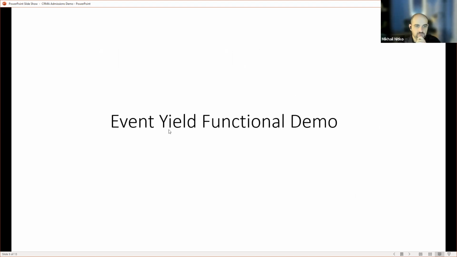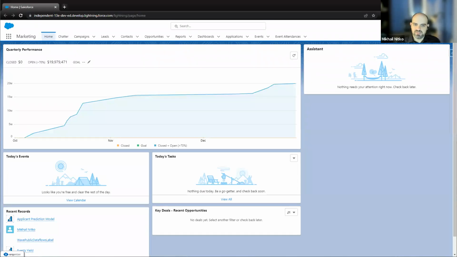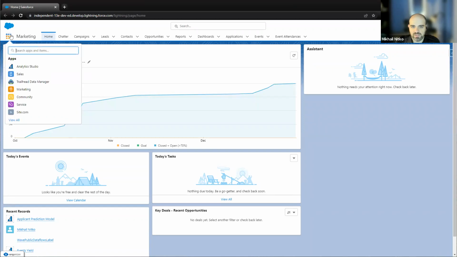So here I'm going to go ahead and do the live demo. Take that risk and tempt fate. All right, here we go. So the way that you get CRM Analytics in Salesforce is you purchase a CRM Analytics license. And once you purchase that license, you will have the analytics app called Analytics Studio available to you in Salesforce. And we're just going to start from the very first screen that you get when you get CRM Analytics. You log into Salesforce. Here's your app.